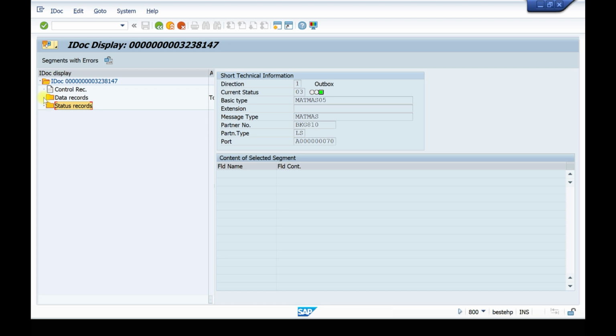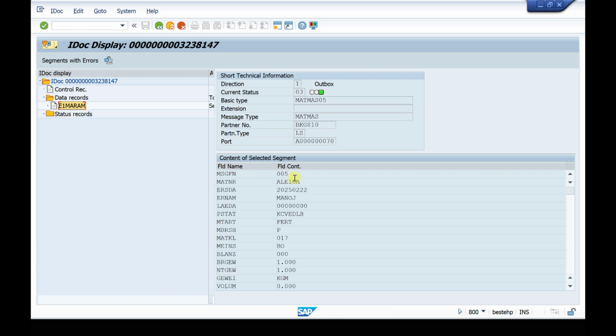Now we'll go to the data record. The data record consists of the data of the IDoc, which type of data we have transferred. Inside this data record, we have segments. If you double click on a segment, here you can see this is the material number, this is the date 22nd February 2025, and transferred by Manoj. Material type FERT, industry pharmaceutical P, material group 017. So if you expand this